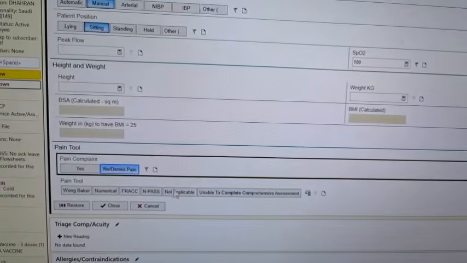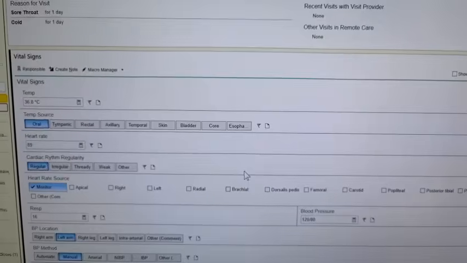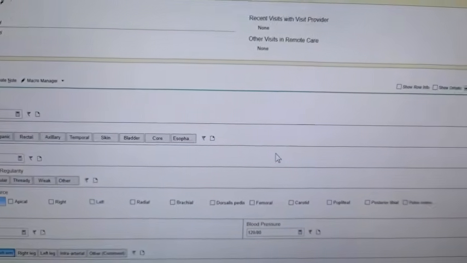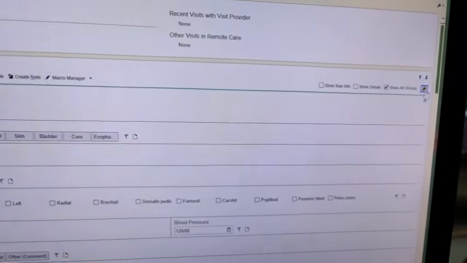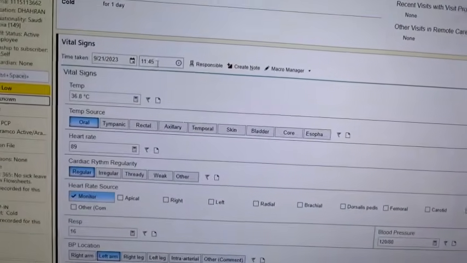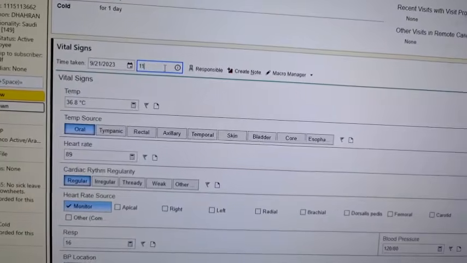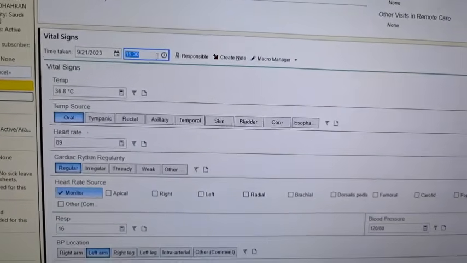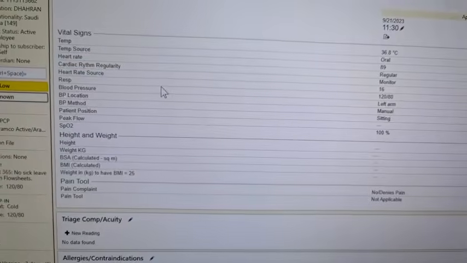He doesn't complain of pain, so it's not applicable. The crucial thing here is the time. You need to edit the time also. This patient visited me at 11:30, so I will put 11:30. Then presto, I need to close it.